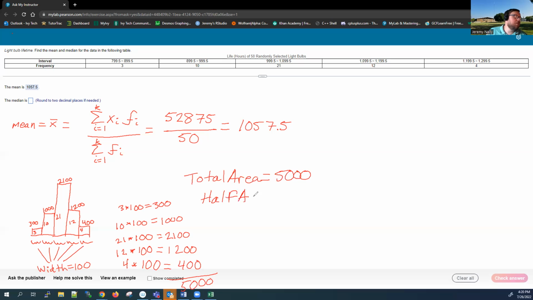that by 2. So 5,000 over 2, and I get 2,500. Okay, and we want to see where that occurs. So I'm at 300 here. So then these two together give me 1,300. And then these three together give me